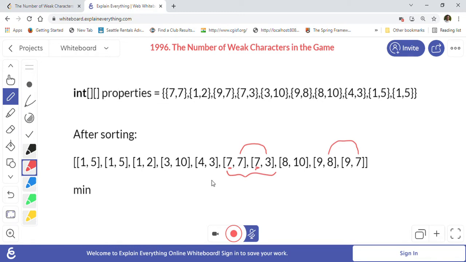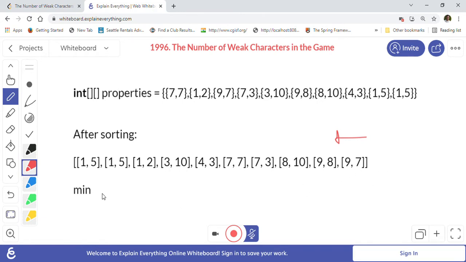I will explain why we are sorting the array in this fashion. Once we sort the array, we will take one minimum, which is Integer.MIN_VALUE. After the sorted array, we will start traversing the array in the opposite direction, from the last element to the first element of the array. This is the order we will follow after the sorting is done. Why we have sorted in this particular fashion, I will explain during the solution.